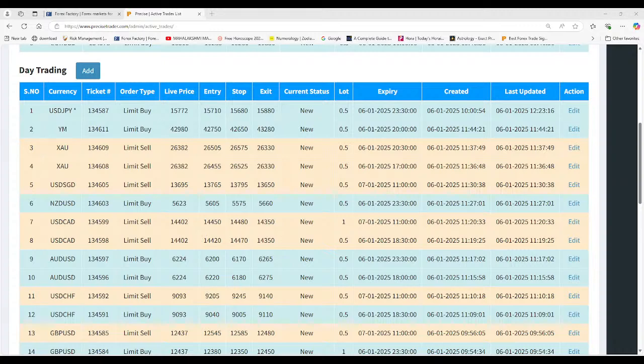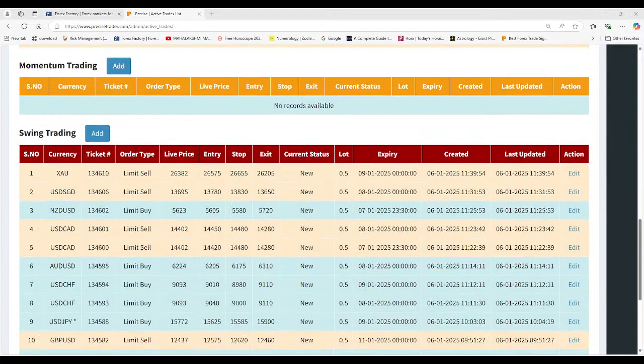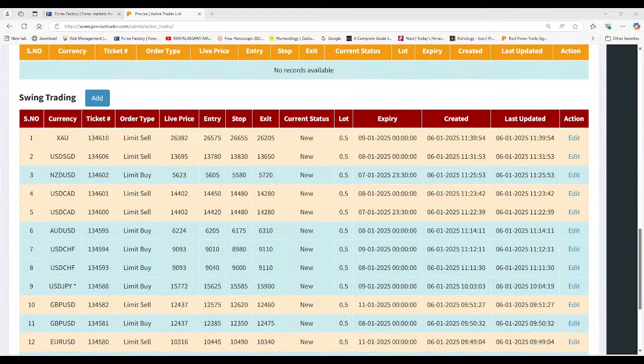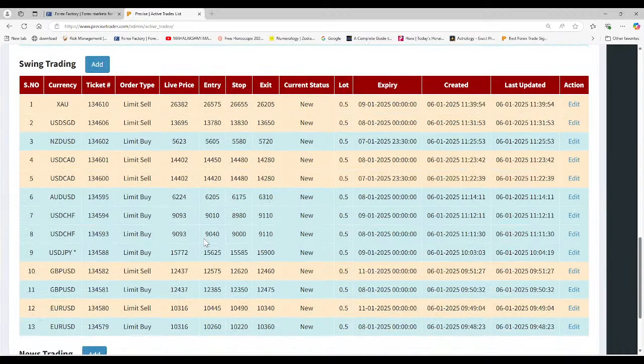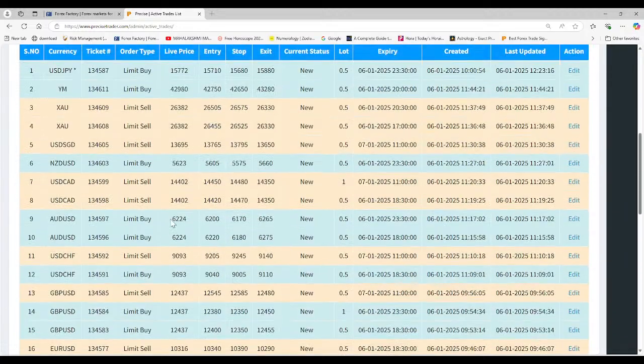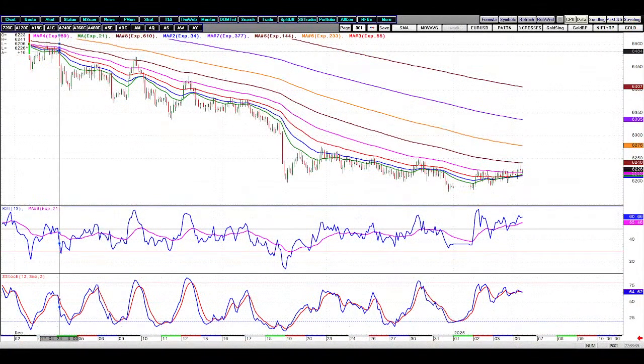Then we have one more buy at 62, and for both we are trying to exit at 65 or 75. We have one more buy at 62.05, which is on the swing trading, and this one we are planning to exit at 63.10. That means if the 62.60 breaks, we should see the price moving towards 63.10. I think these are all valid signals, and I think we have the Aussie filled at 62.20. Our live is already filled.